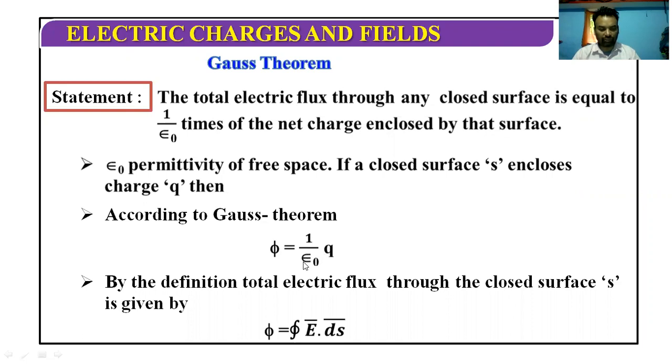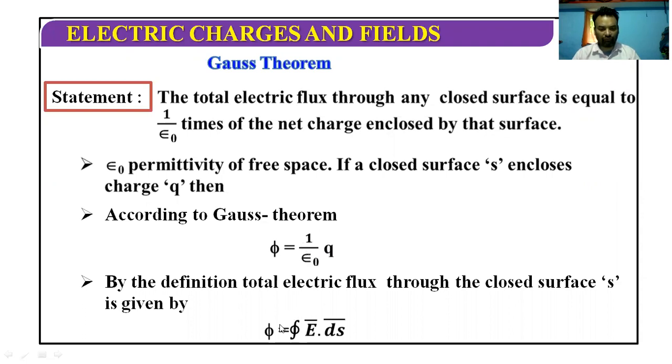So it means from some object, from some body having some charge, flux is coming out, and flux is coming out in free space. So phi is the flux in free space. Whatever flux is there in the body, we are not concerned with that. We are concerned with the flux which is in free space. So according to Gauss theorem, the total flux in free space is equal to the total charge enclosed by the object divided by epsilon naught.